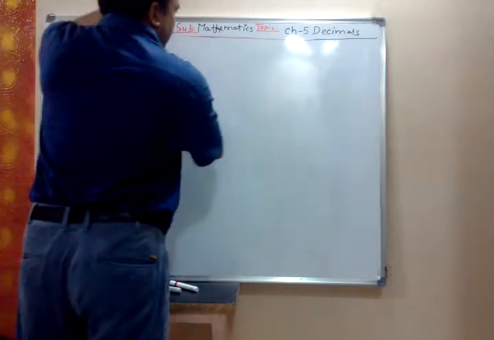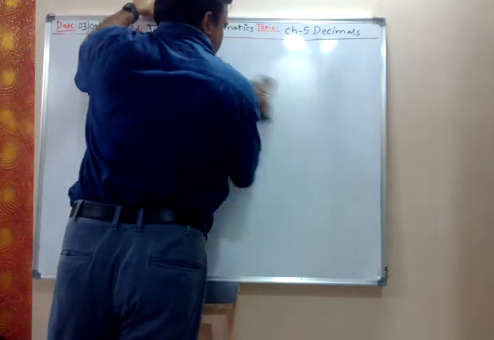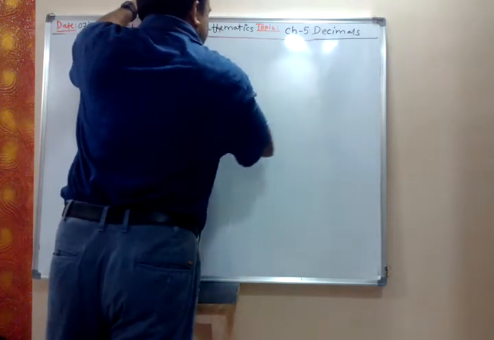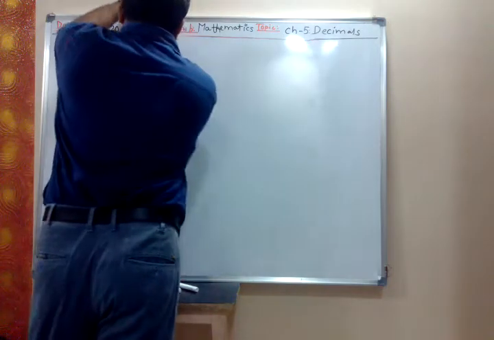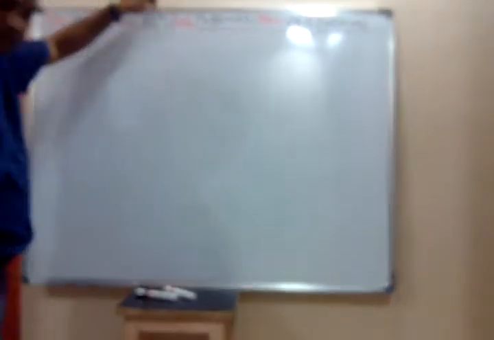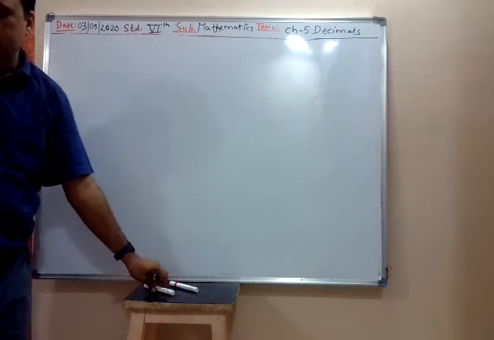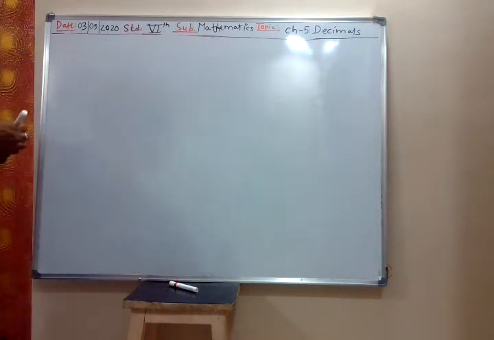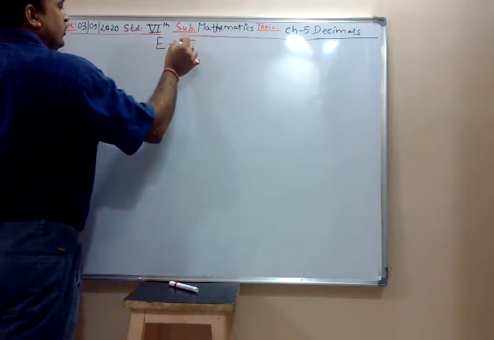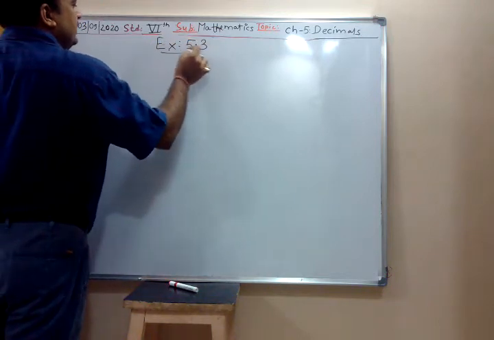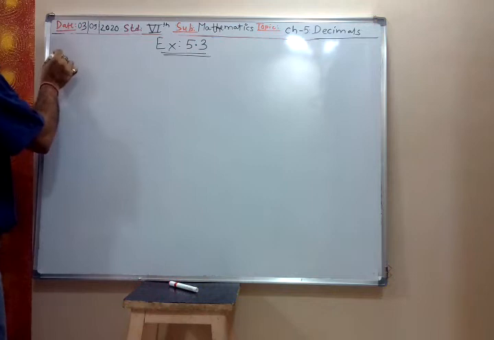Yes, 5.3 of decimals, we start. Write the following decimal fractions as decimals. Exercise 5.3. 5.2 is over, now we start 5.3. So first question,